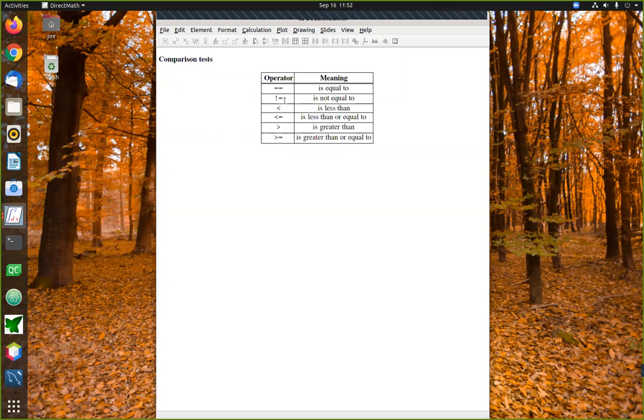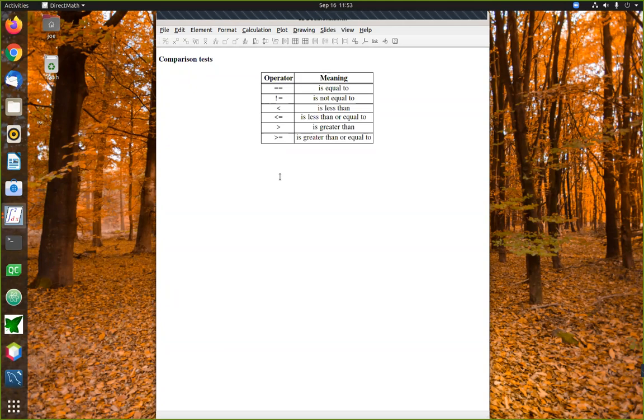Here, the question we're asking is, is the value of the thing on the left not equal to the thing on the right? And then finally, we have various comparisons involving inequalities. You have strict inequality, you have less than or equal to, you have greater than, and you have greater than or equal to. With these 6 different ways of comparing values, that covers a lot of ground in terms of being able to compare the values of variables and ask basic questions about how variables compare to each other.